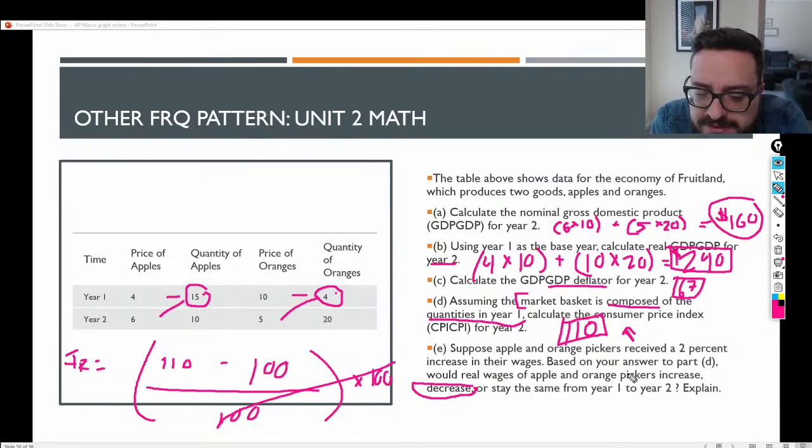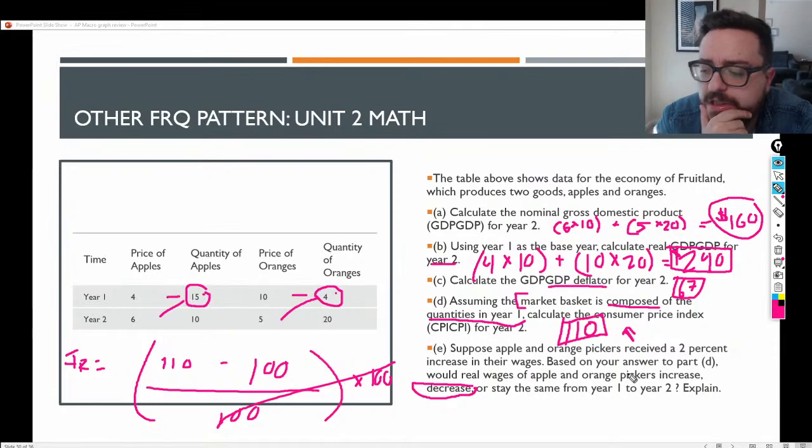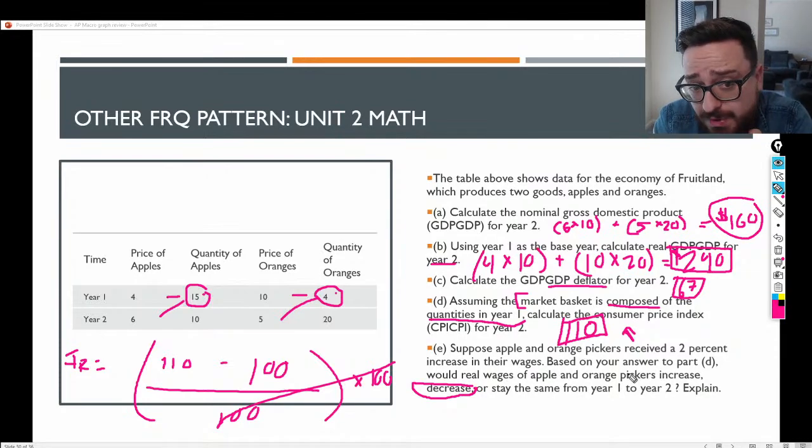If you just said that it was 10% inflation, would you lose points for not showing the work? No, because it doesn't ask you to do that math. For E, it doesn't ask you to solve for the inflation rate. You just had to know that your CPI being 110 meant that it was 10% inflation. So no, if you get how CPI works, you probably don't even need to do the formula. So on E specifically, you would not have had to actually show the work for that inflation rate thing,